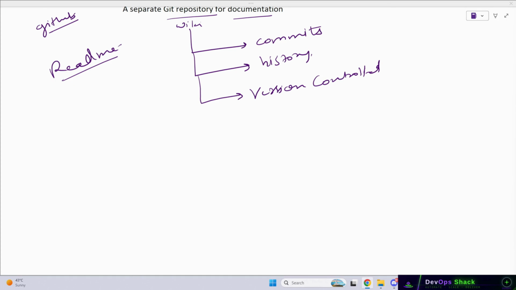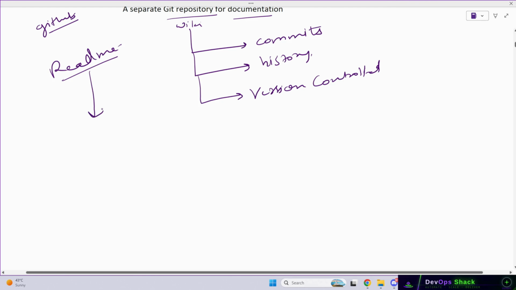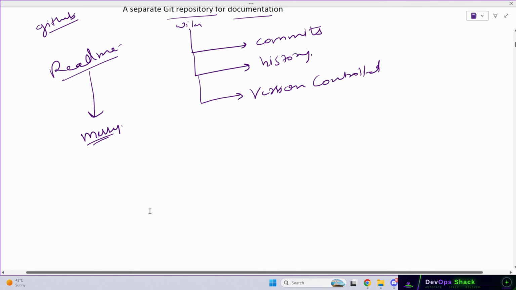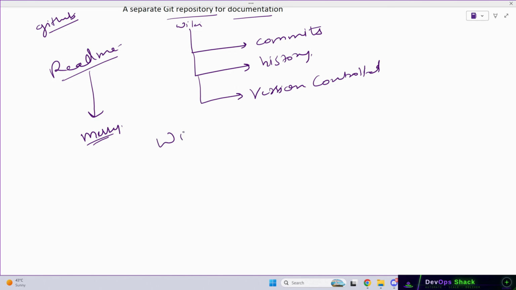Okay. Because first of all, when we talk about readme for large projects, it's going to be very messy. For small projects, readme is fine because you have to add a very small set of things. But when it comes to a large number of projects, it becomes very messy. So for bigger projects, it will become very messy, right? But when we talk about GitLab Wiki,